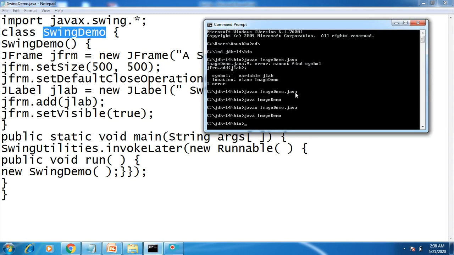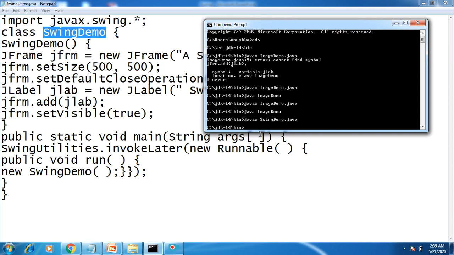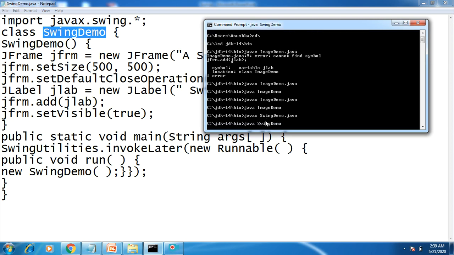Next, you have to compile this program by using the command javac SwingDemo.java. If there are no errors in the program, it will show over here. Then you have to run it by using java SwingDemo. Just press enter.